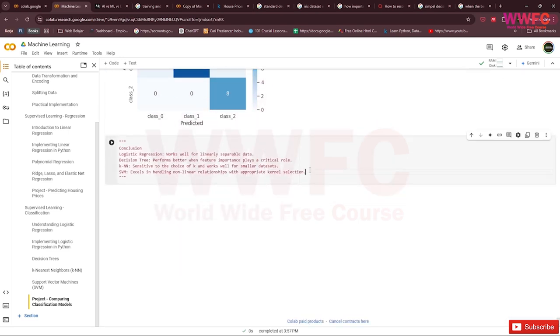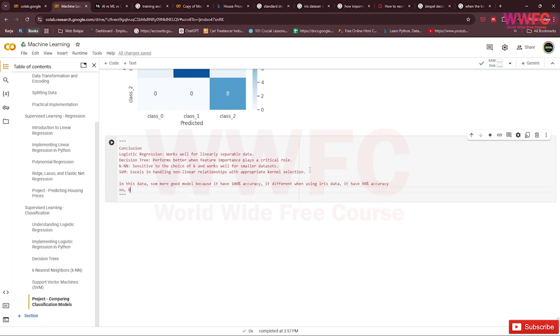So in this data, SVM is the better model because it has 100% accuracy. It's different when using iris data, which has 19% accuracy.